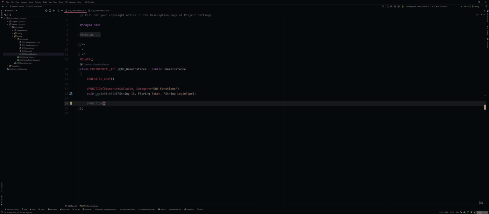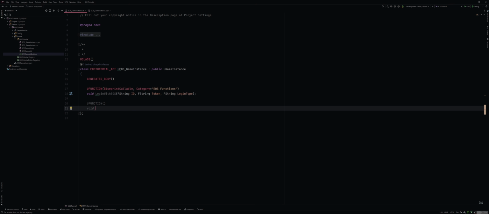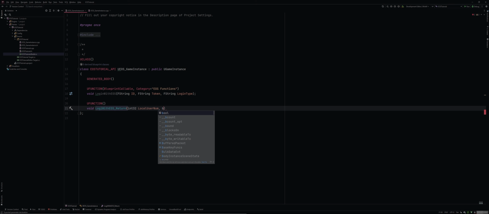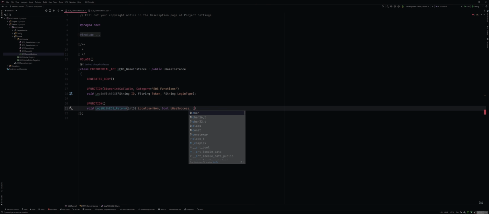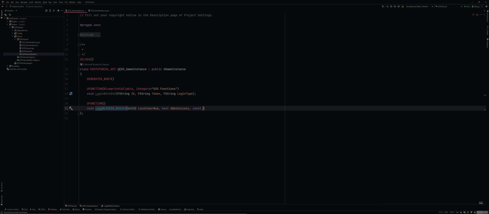So let's create a u function, and we name this void login with EOS return, and it will have an int 32. It will be local user number. Then the second one is bool was successful, so b was success. You can name the variables as you wish. It is not compulsory to name anything because they will just be used to pass the references. So the third one is const f unique